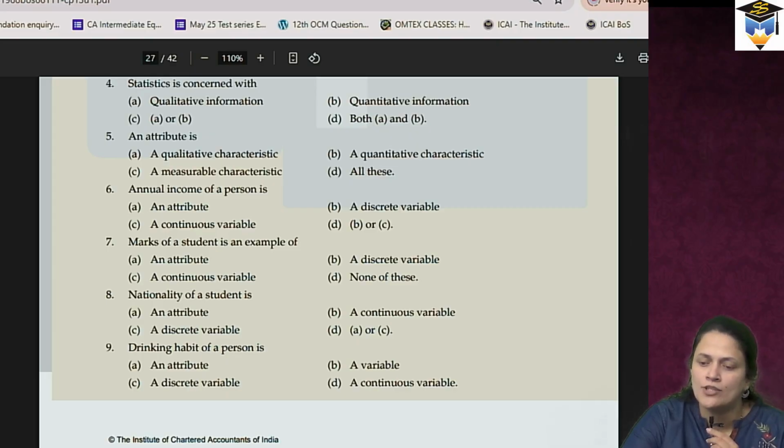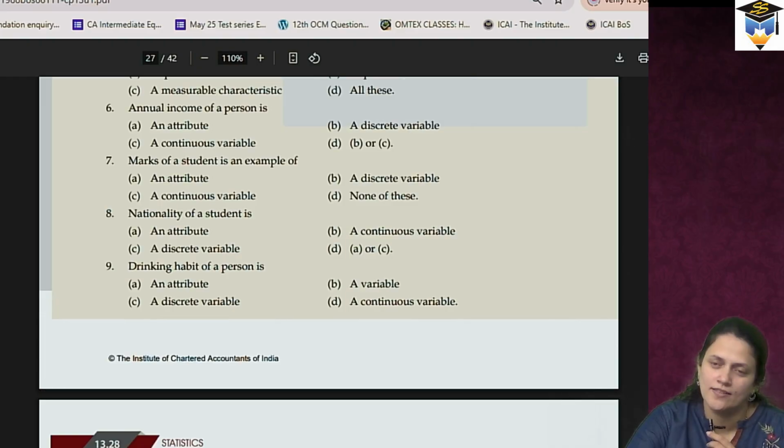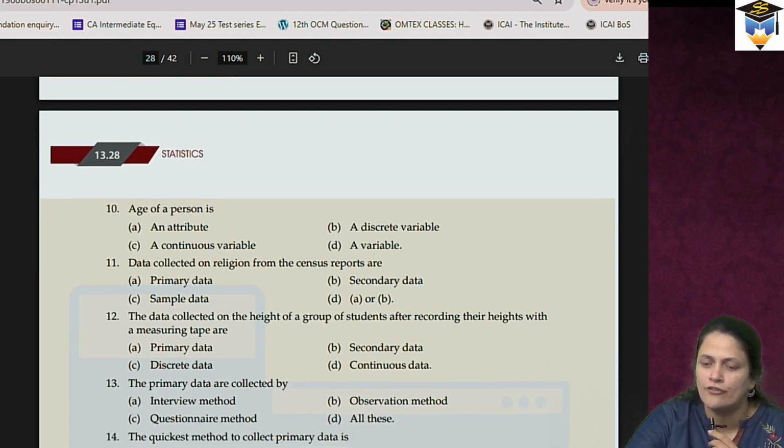Next, marks of a student is an example of a discrete variable, option B. Next, nationality of a student is an attribute, correct. Drinking habit of a person is an attribute. Age of a person is